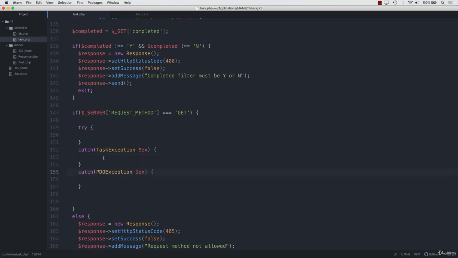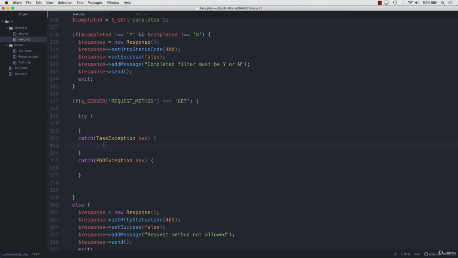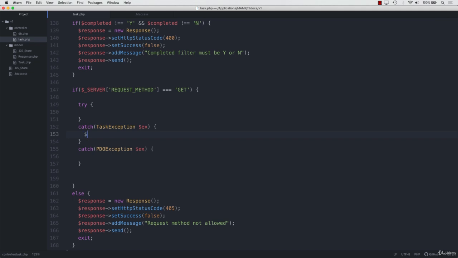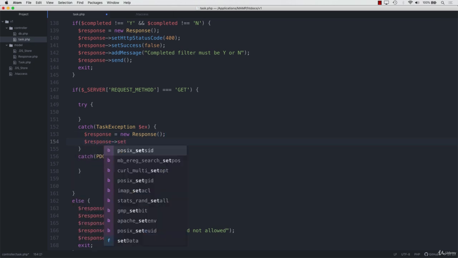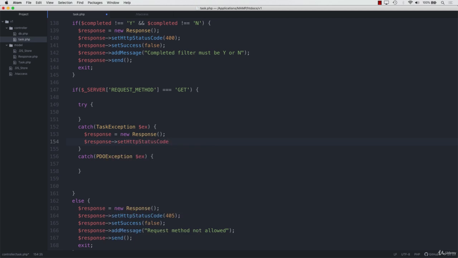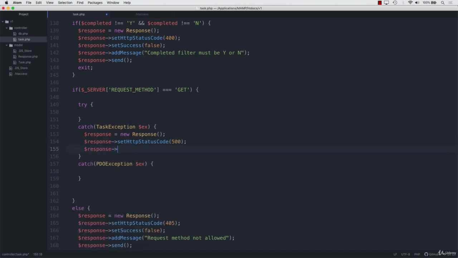So that's them. So what we'll do first is set up the responses for the task exceptions and the PDO exception. So if we start, response new response, set HTTP status code. Now if it's a task exception, then it will be a 500 error, and then response set success false,